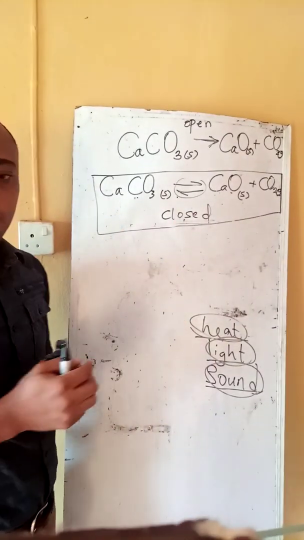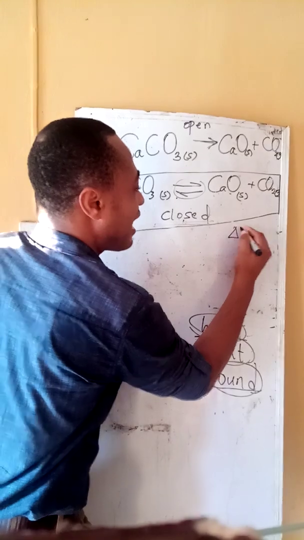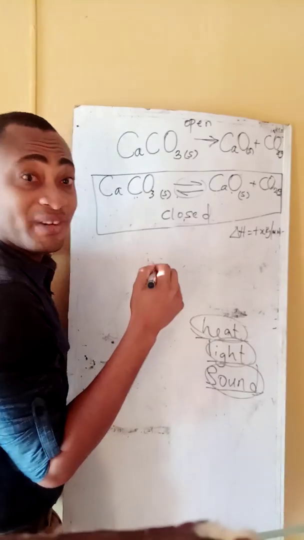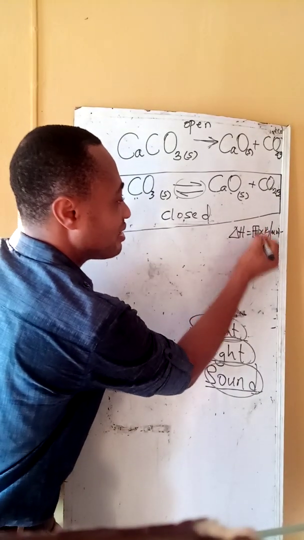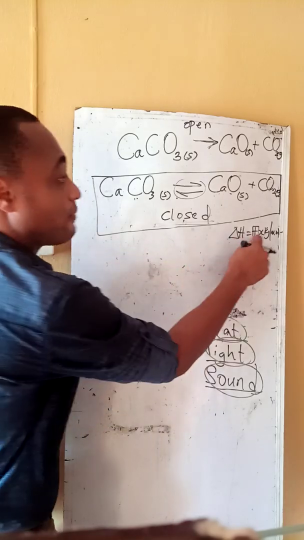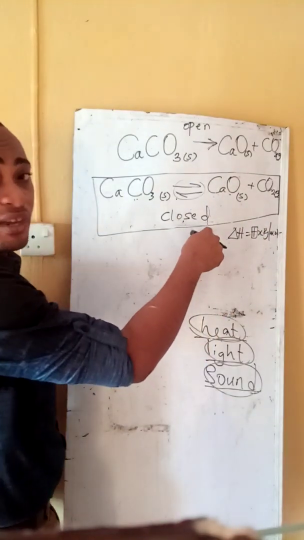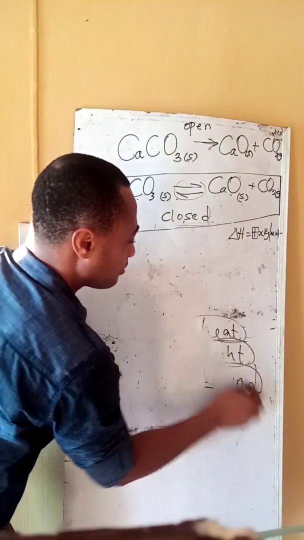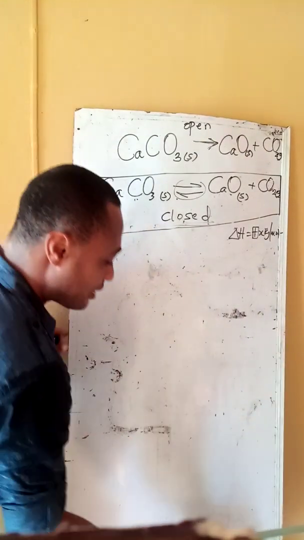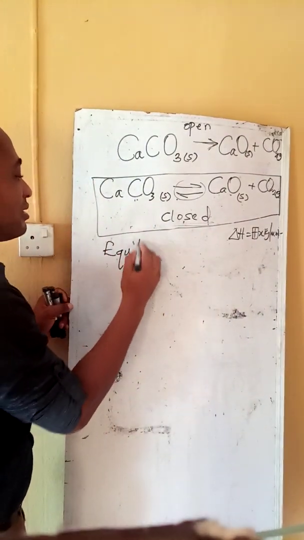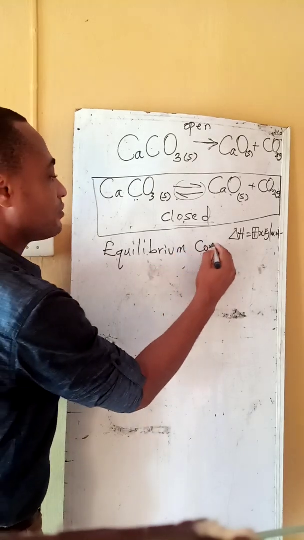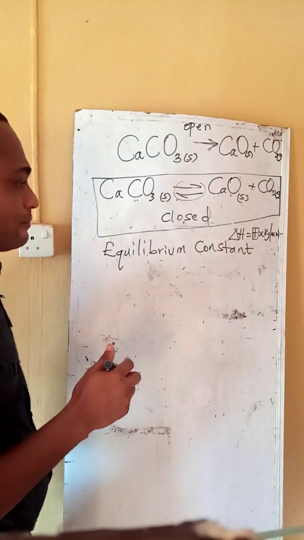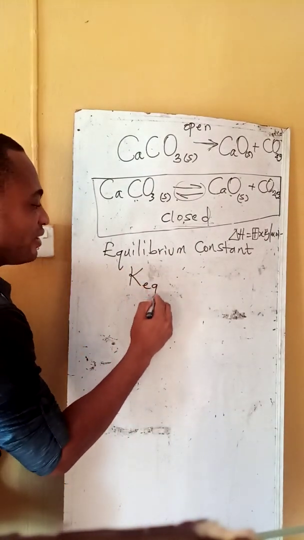Now look at this reaction. This reaction has an enthalpy change of plus X kilojoules per mole. Pay no mind to the X. Our interest is just in this symbol, the positive. So here, heat is absorbed because this is an endothermic reaction. So what if you were asked to write the equilibrium constant? Since we are talking about equilibrium, if you are asked to write the equilibrium constant for this reaction, how would you do that? Remember, our equilibrium constants can be our KEQ